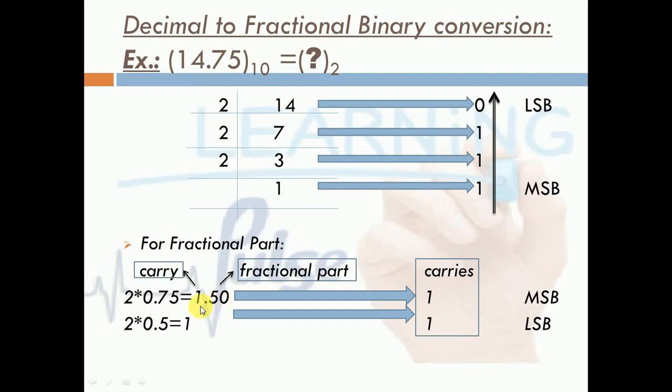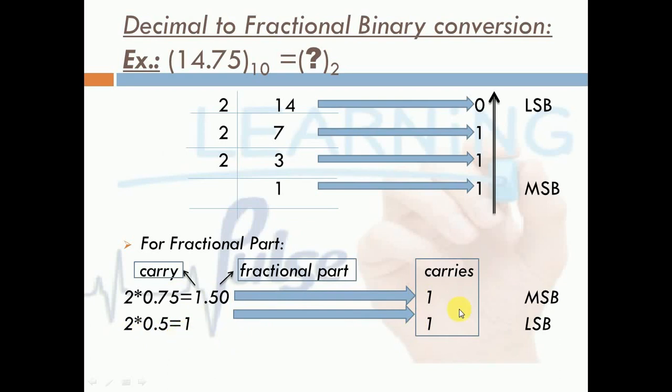Now in 1.50 the number 1 is known as the carry, whereas the digits followed by the decimal point are known as the fractional part. So 0.50 is the fractional part, so we have to again multiply the fractional part with 2, and after multiplying 2 with 0.5 we are getting the answer as 1. So at last we are getting the answer as 1. The carry part is to be jotted down. So here our carry was 1, so we have written 1 here, and again the carry was 1, so we have written the carry here, and here there is no fractional part because 2 into 0.5 is 1.00, so we are getting the answer as 1.